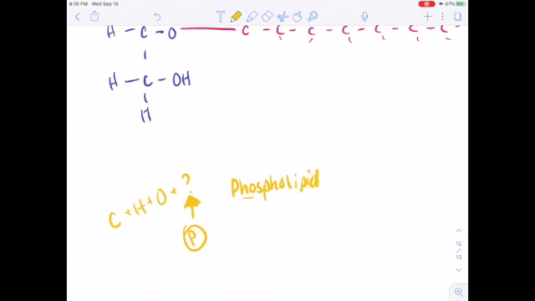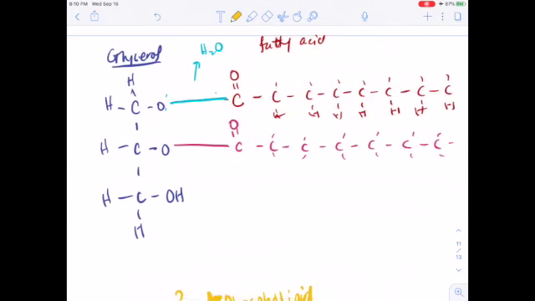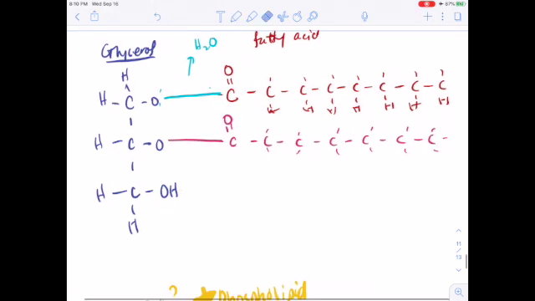phospholipid, which is the molecule of the cell membrane, whether it's your cell membrane or a bacterial cell membrane, they're made of phospholipids. A phospholipid is just a diglyceride, only instead of putting a third fatty acid here, you put a phosphate group. So a phosphate group gets attached here